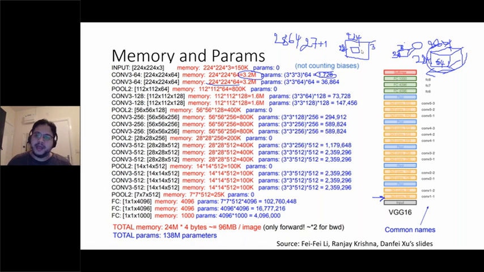Each possible swipe, it convolves and produces a number. So one layer in this cube is the output of one neuron, and we have 64 of them, 64 matrices stacked here.